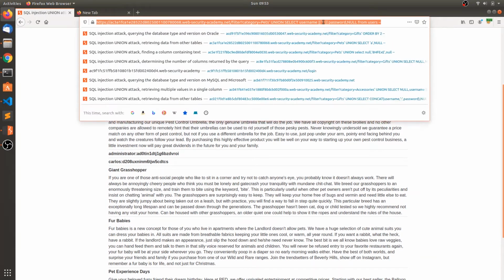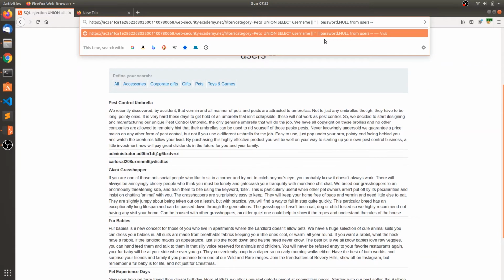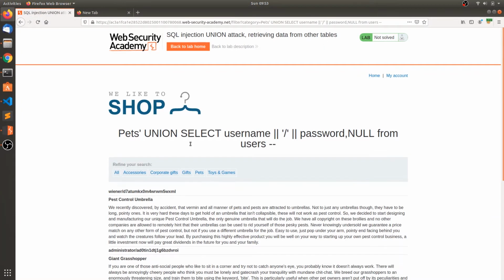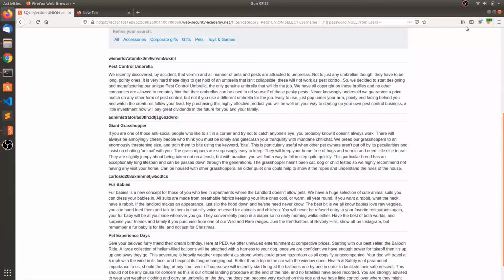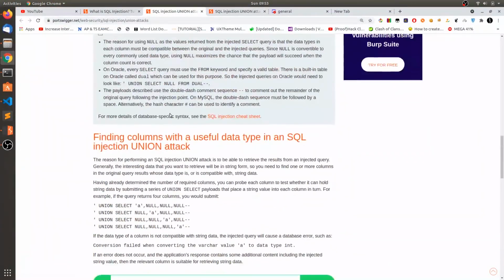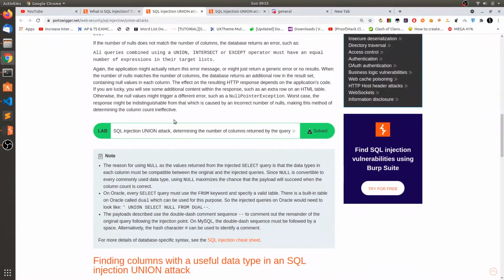You can also change this colon to, let's say, slash. So you can see the username slash password. Okay, let's minimize this. These are the techniques you can use: first determine how many columns and which columns are strings, and then get the information from there.